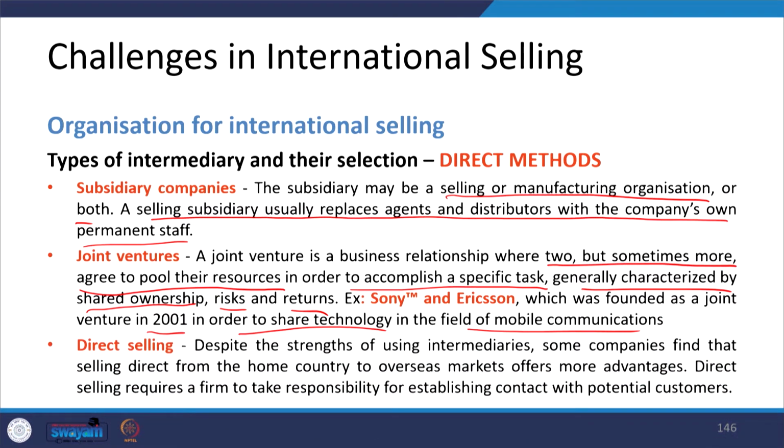Direct selling is again another method. Despite the strength of using intermediaries, some companies find that direct selling from the home country to overseas markets offers more benefits and advantages. Direct selling requires a firm to take responsibility for establishing contact with potential customers. Here, you have to do everything on your own. You need to bring market intelligence, know your customers, arrange for shipping, delivery, and even after sale services as well. In those cases, direct selling is preferred when you don't want to adopt any other